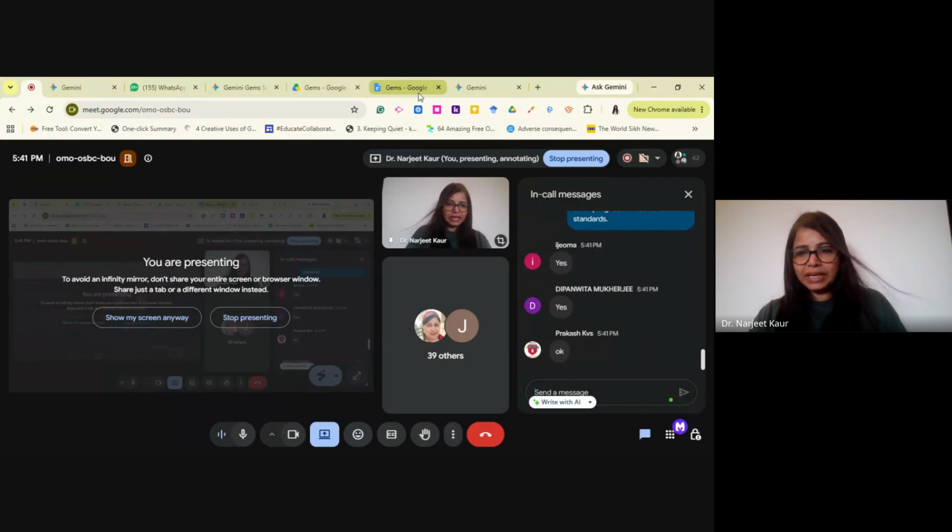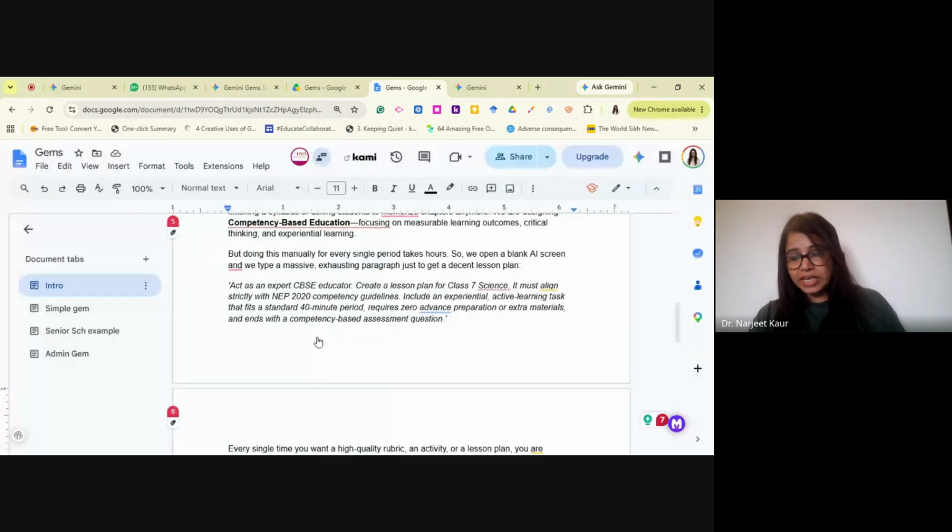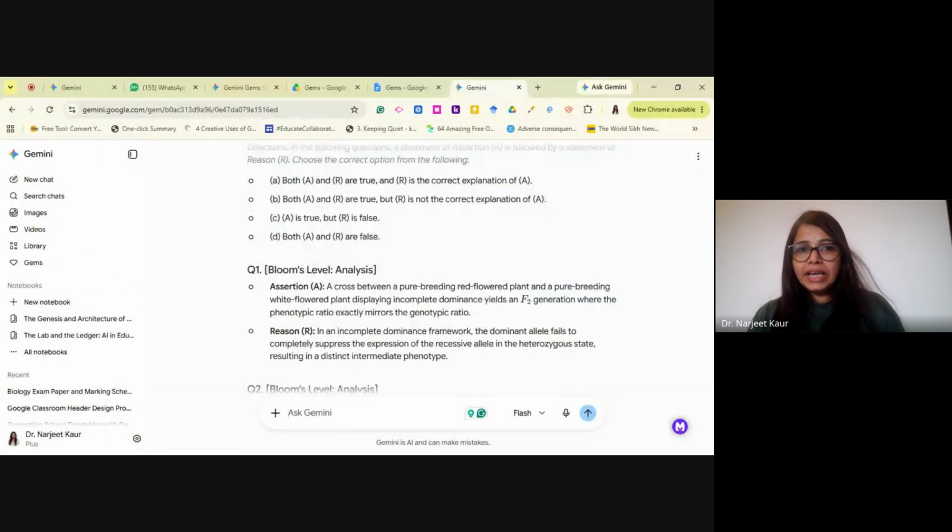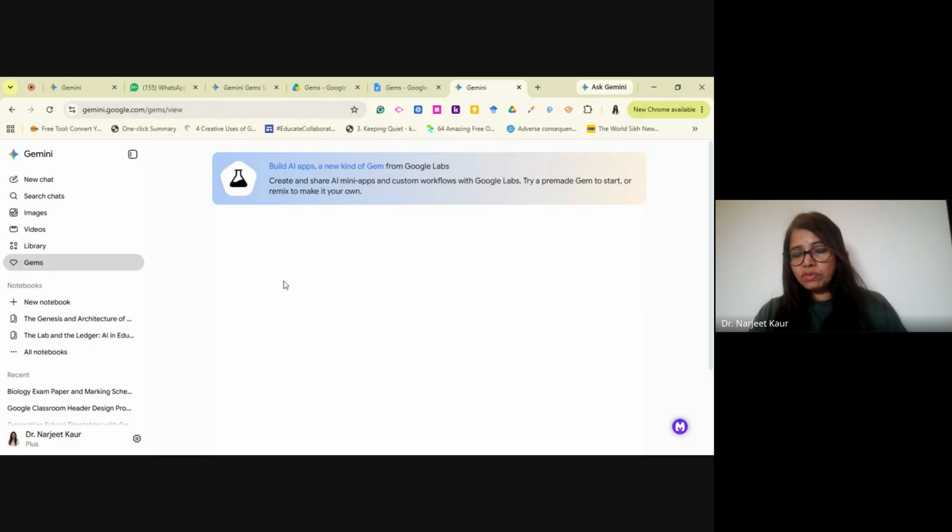The next gem that I can create as a senior school teacher is this. A lot of times we are not able to create chunks of the complex lessons in the way our children can understand. Right? There is a lesson. There are the top 10-20% of the class who have understood the whole lesson, but there are children who would like that complexity to be divided into smaller chunks. And for that, I would need the customization of gems.